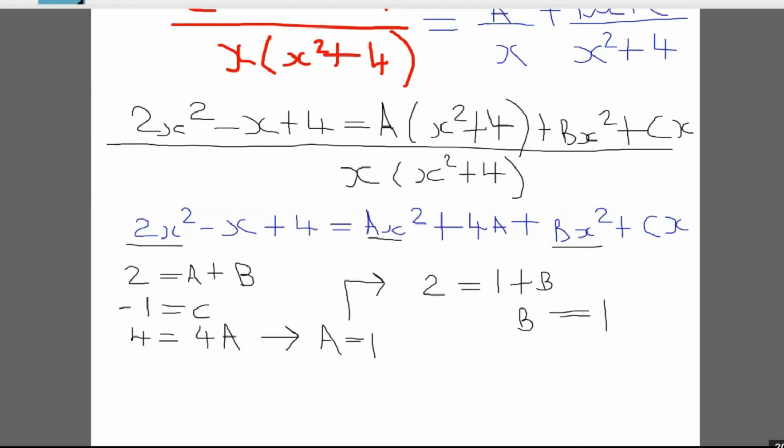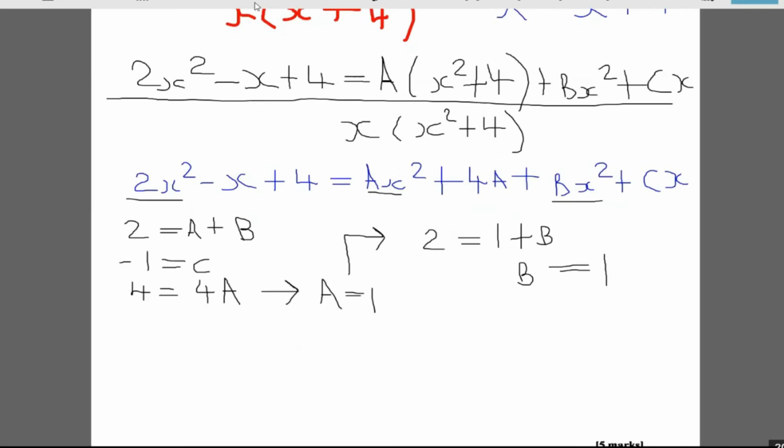And so guys, we're exceptional now, we're really nice. So we'll finally finish. We can conclude now that (2x squared minus x plus 4), all of this divided by x times x squared plus 4,